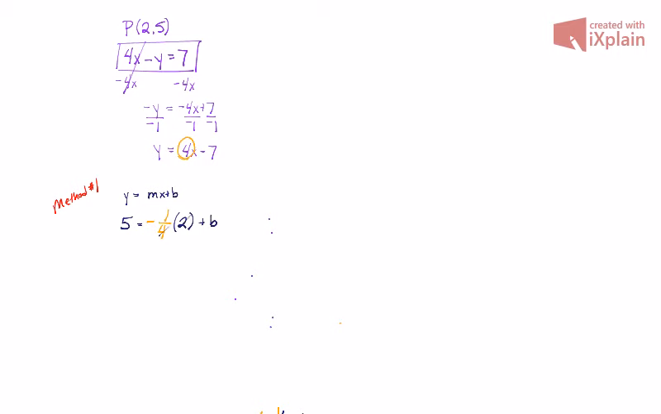Okay, if we take care of this multiplication, this gives us 5 is equal to -1/2 plus b. We add 1/2 to both sides, we get 5½ is equal to b, or if you want to rewrite this in its improper form, that would be 11/2. So my final answer will be y is equal to our slope, which is -1/4 x plus 11/2. Okay. Method 2